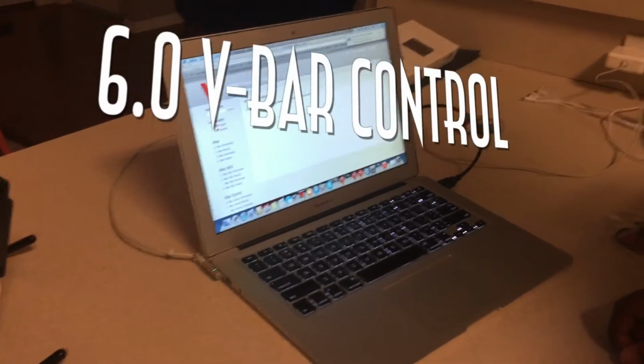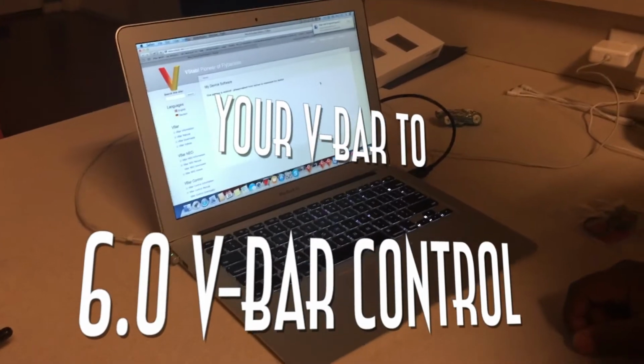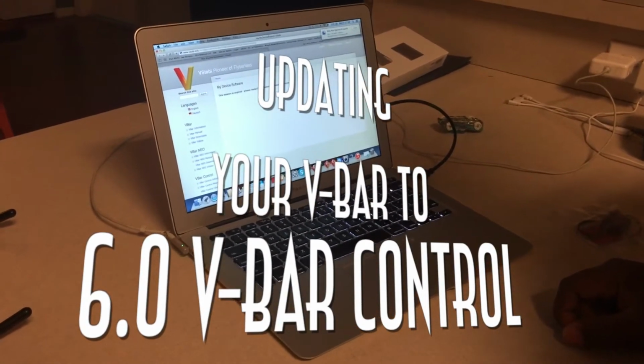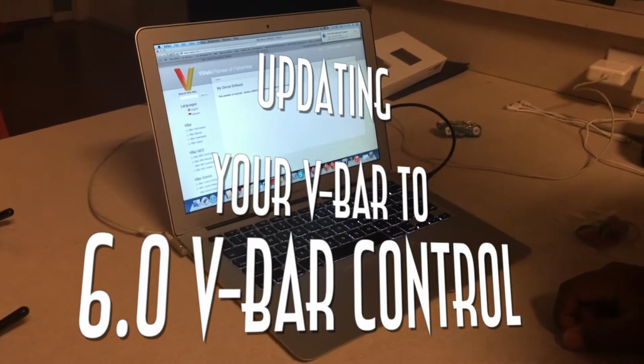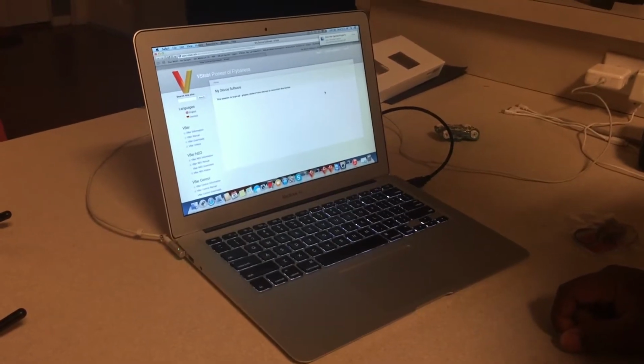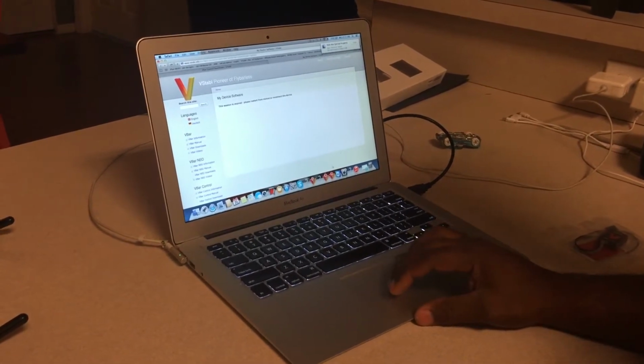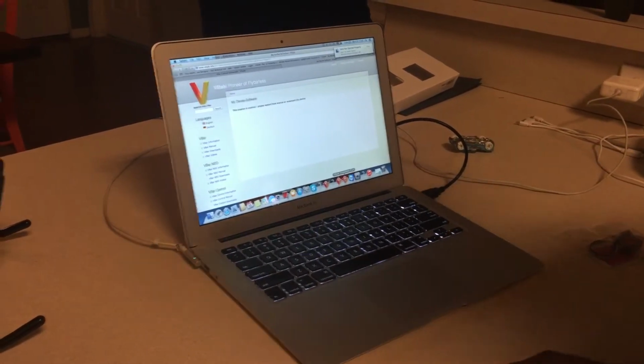Okay guys, I'm going to show you really quick how to convert your existing V-bars that are on 5.3 to 6.0 so that you can use it with the V-bar control. Okay, the first thing you want to do is get the serial number of your V-bar, whatever it may be. So we're going to open up the 5.3 software,